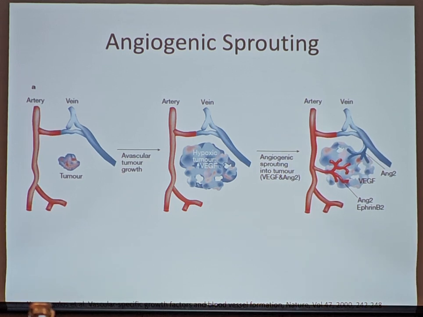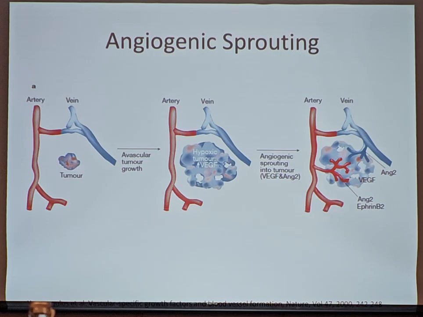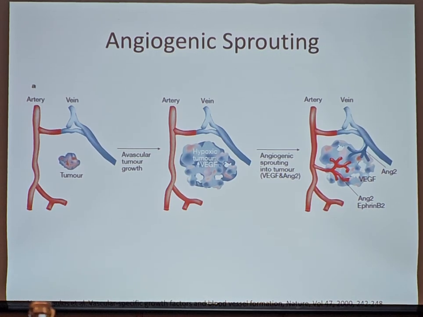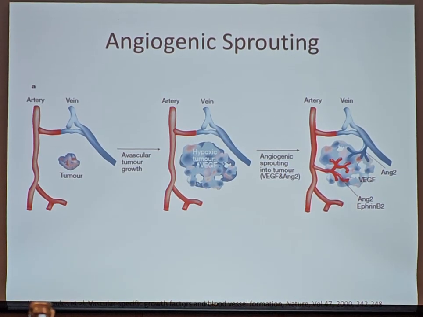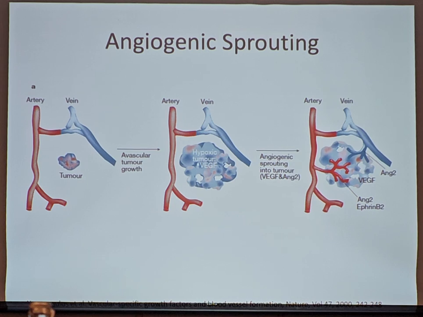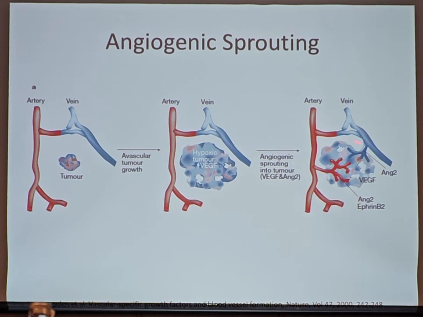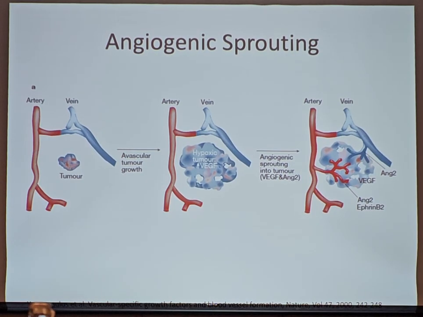Angiogenic sprouting is mediated by VEGF. VEGF makes leaky vessels, and this is why a GBM would demonstrate enhancement. Now, how do we treat a GBM? Of course, we can do surgery, radiation, but we can also give Avastin. What is Avastin? Avastin is a VEGF inhibitor. And if you now give a VEGF inhibitor into the tumor, the idea is that there is no longer any growth of blood vessels into the tumor, and the tumor will die from the inside.